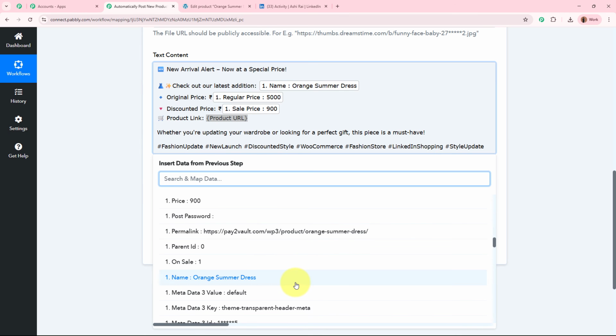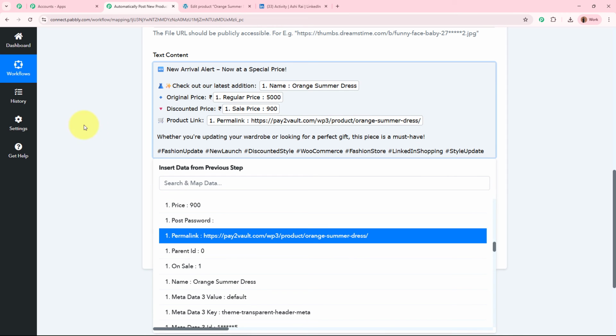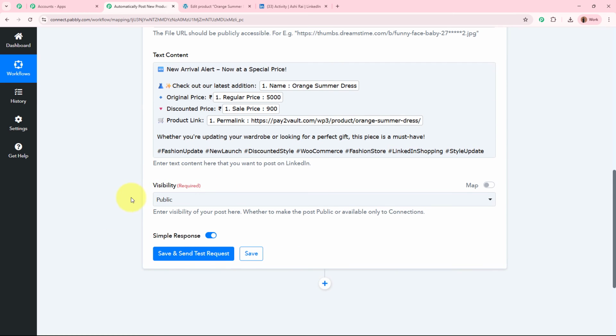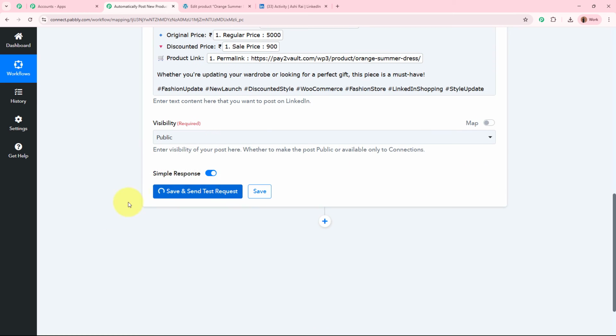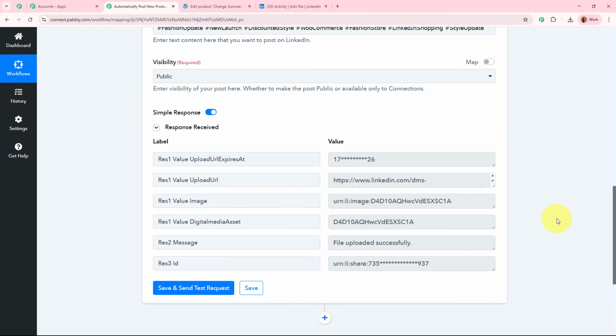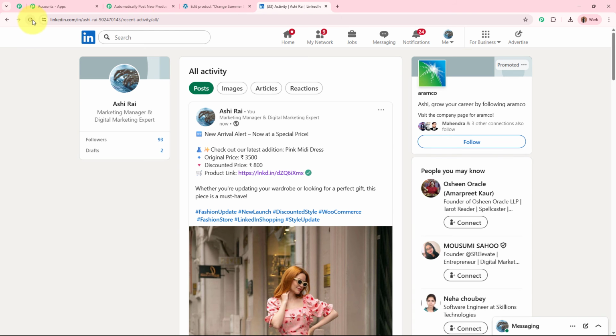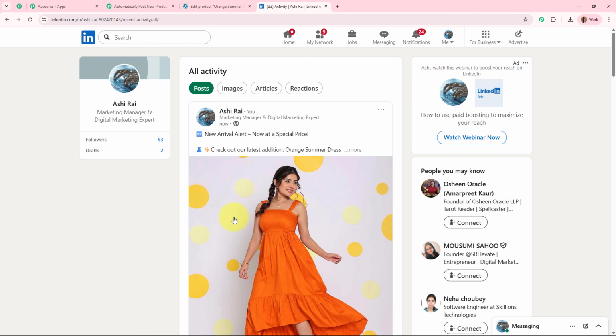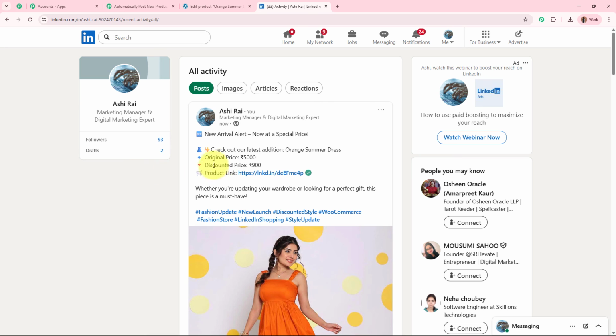So in the response, we have received the link and this is the URL right here. Okay. After selecting all the details, visibility is going to be public. I'm going to click on this save and send test request button right here. As I've done that, I have received a response, which is a positive response as I've received file uploaded successfully. So now if I'm going to open my LinkedIn profile and refresh this post section from here, you can see a new post has been created for the same dress and the message that discount till 900 from the original